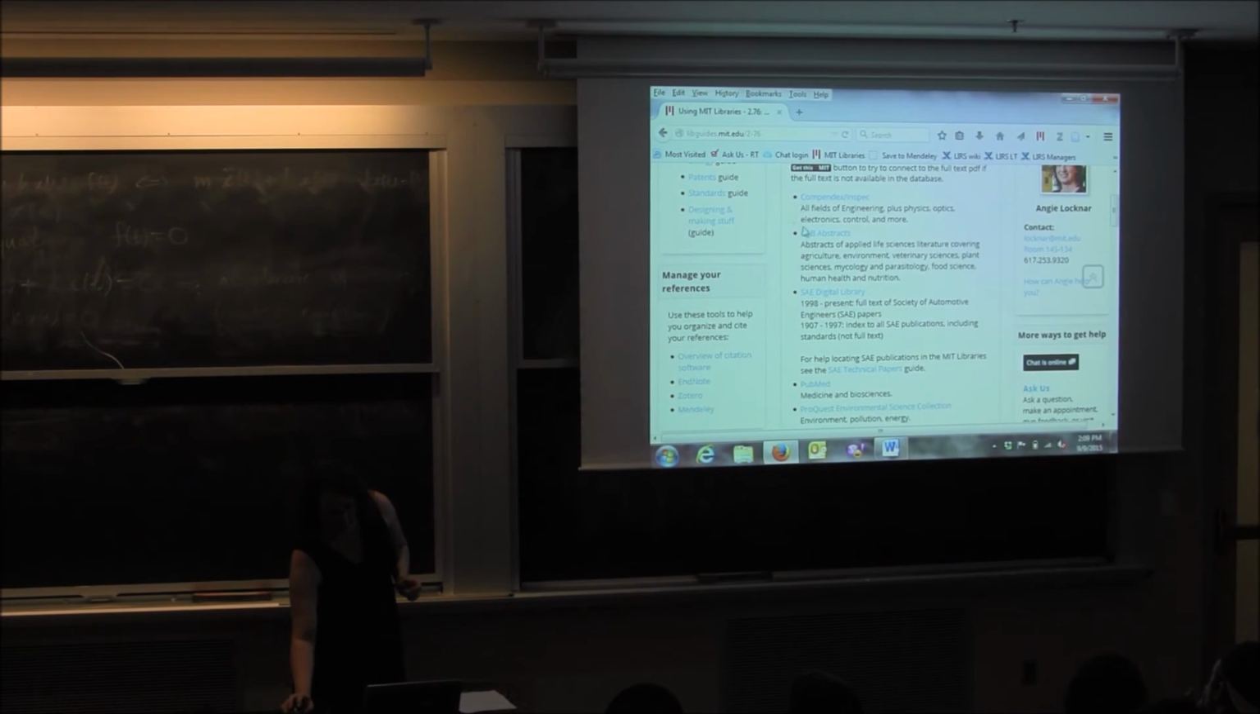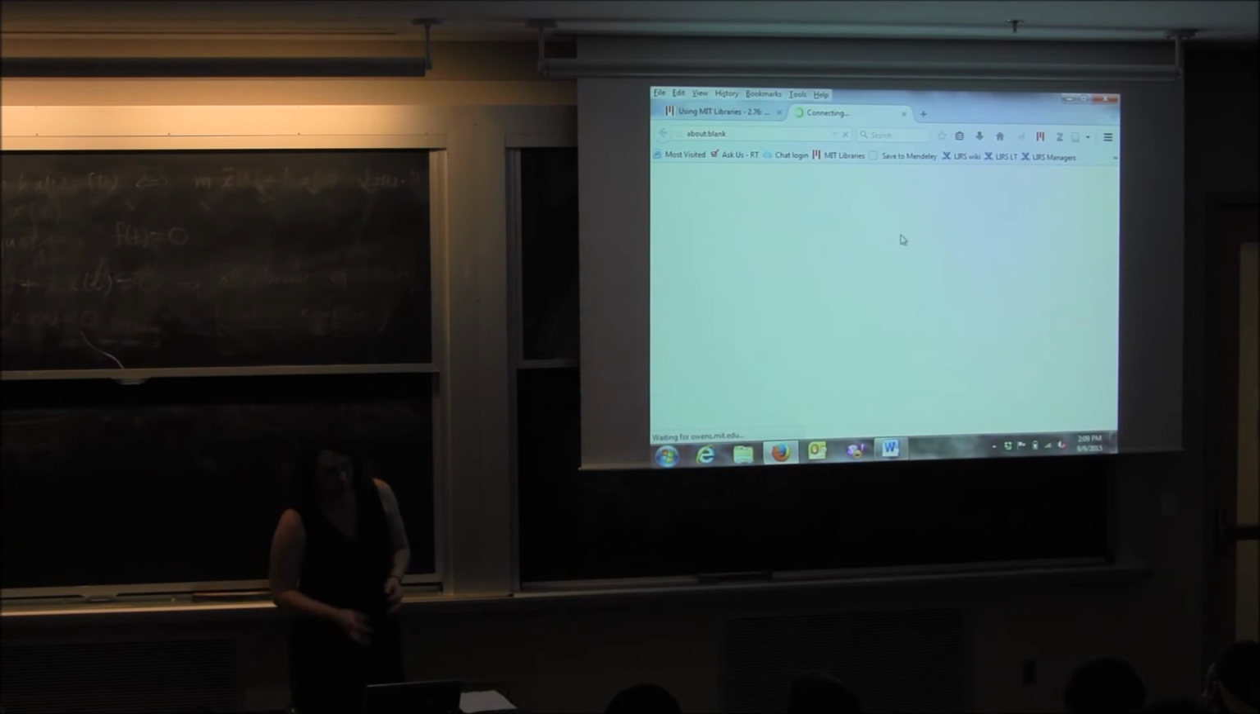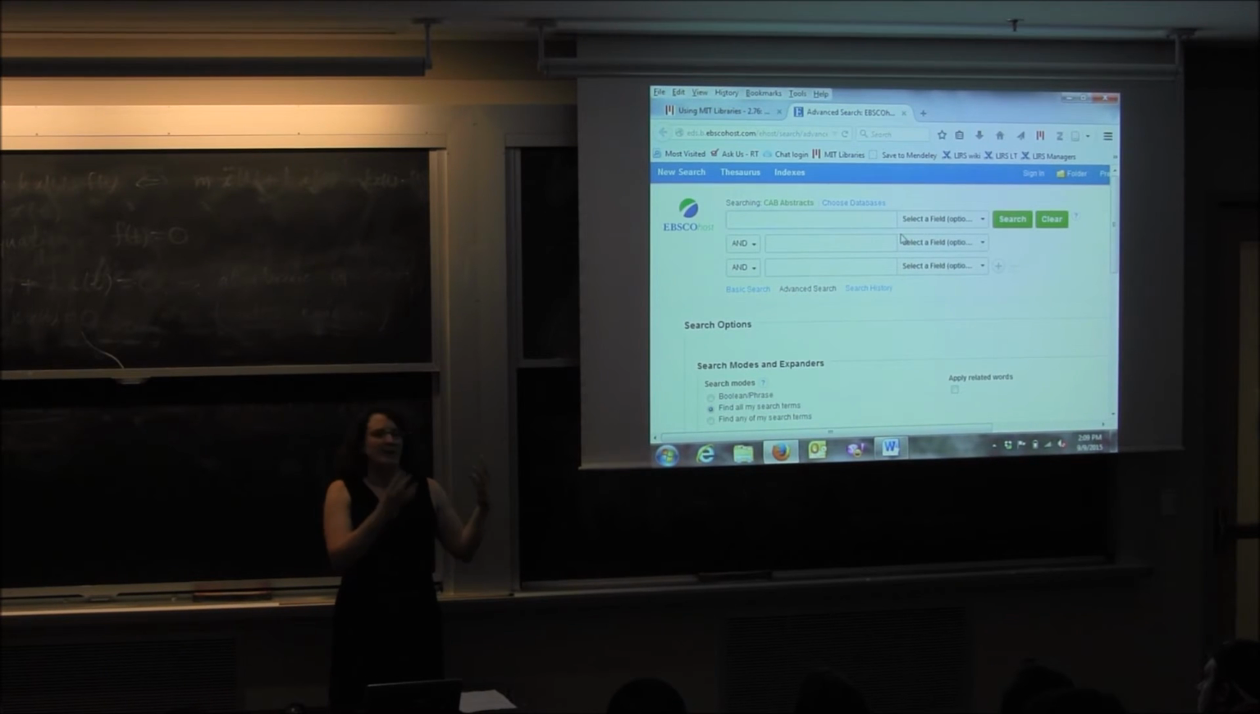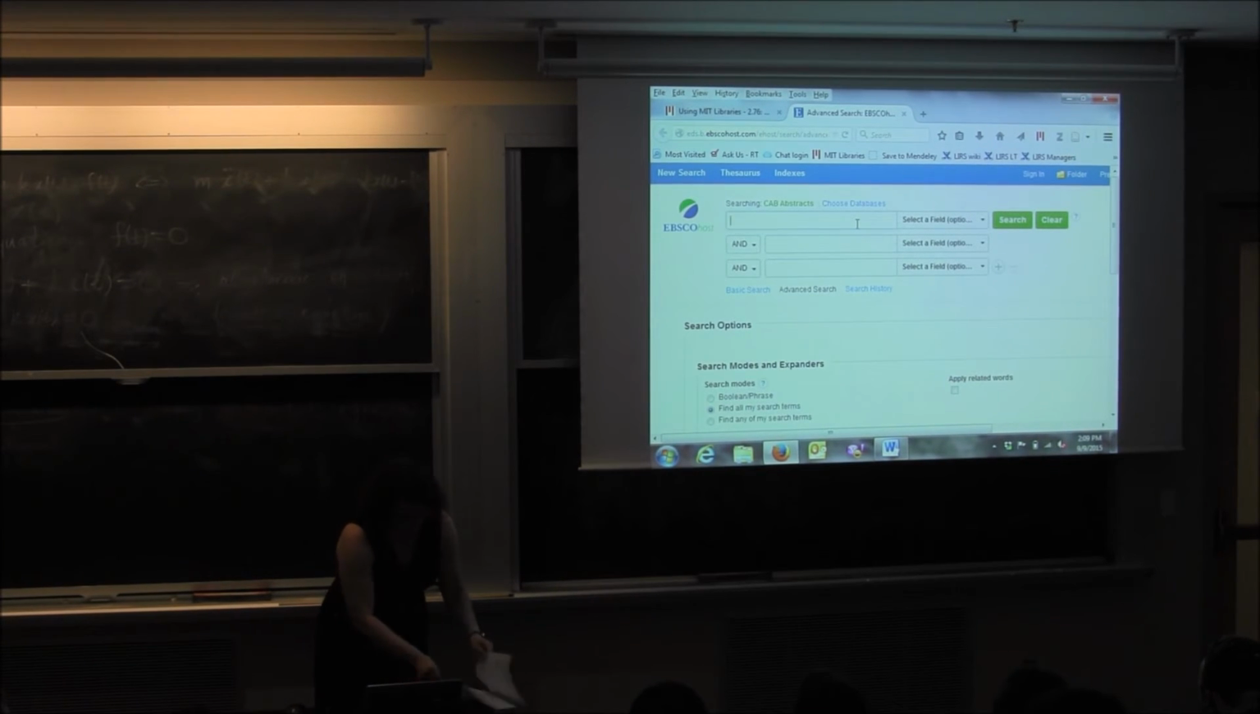A quick example I'm going to show you is in CAB Abstracts. CAB Abstracts is a database of literature having to do with environment and agriculture from all around the world. So it's a great place to get information from some of the developing countries, not just the United States or Europe. So the example I threw in here for one of your topics is cotton,